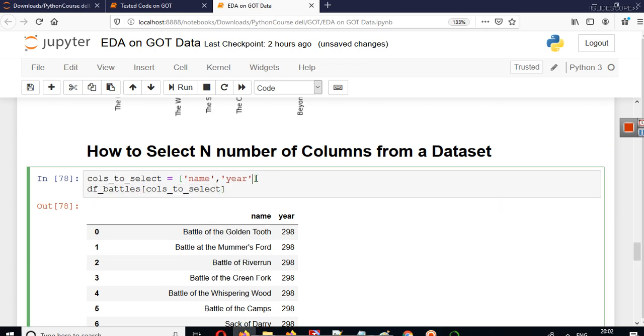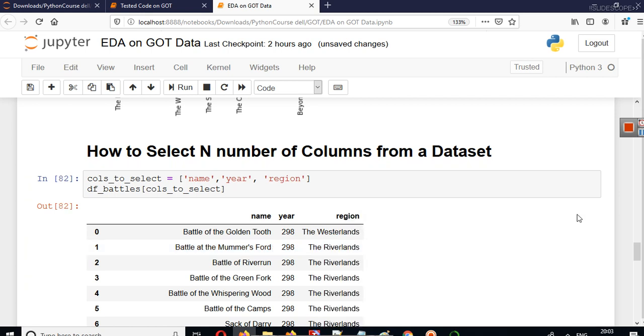Similarly, if you have to select one more column here, you can type the name of that column here. Let's say we want to select name, year and region. Because we are analyzing battles in the Game of Thrones data set, we have the name of that battle, in which year that battle was fought, and what was the region.